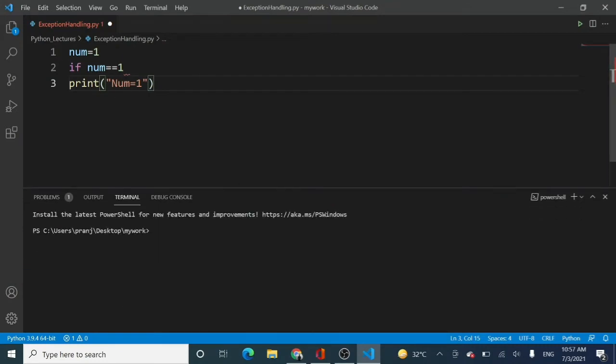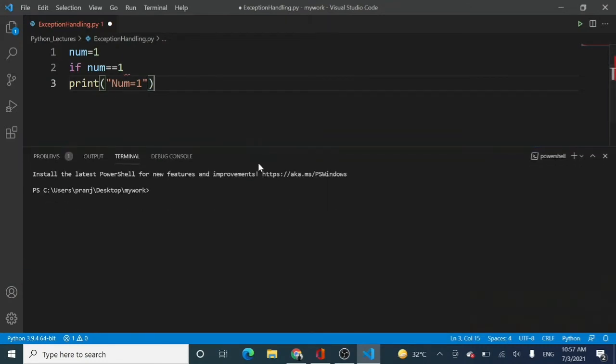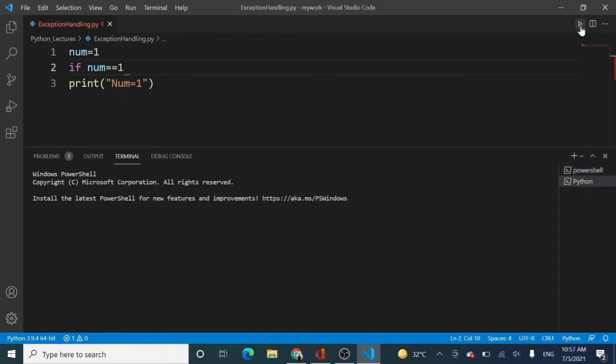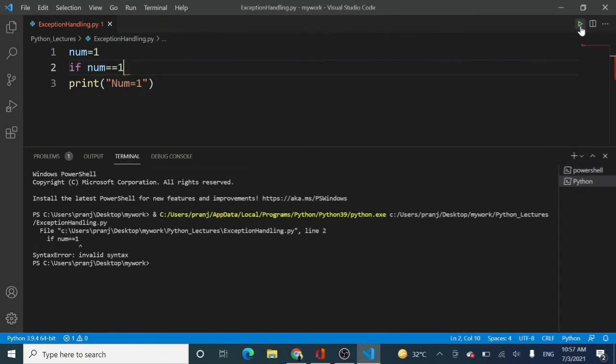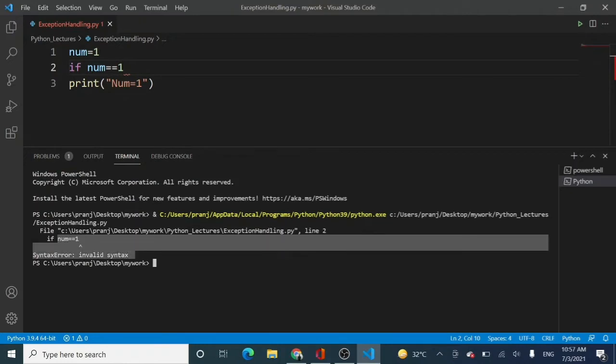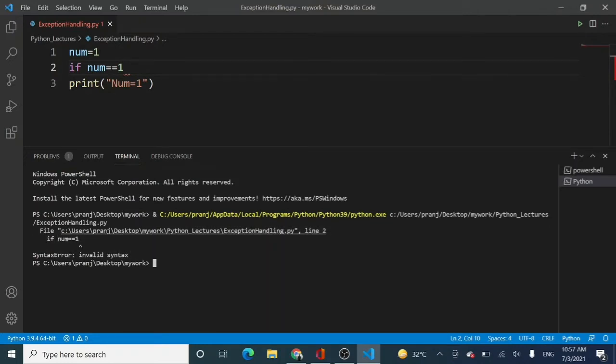So if I run this and let us see how Python's interpreter is going to react because of this missing colon. If I run the code, you can see on your screens there is an error, right? Now this is the error which is given by Python. It is saying that in line number 2 there is something missing over here, but what is missing is not mentioned. Python has just told us in a generic way that yes, there is something missing in your syntax. So it is a syntax error and that is an invalid syntax.